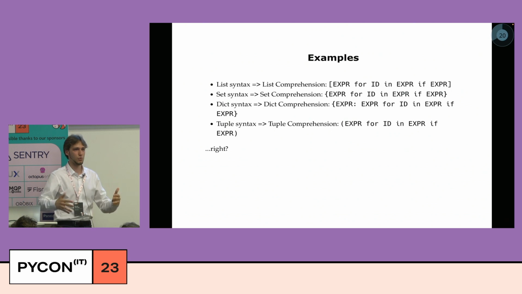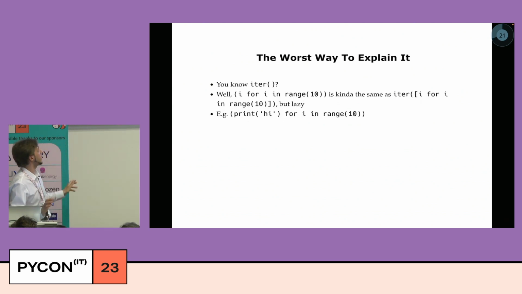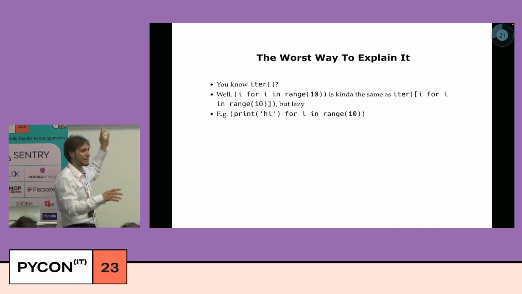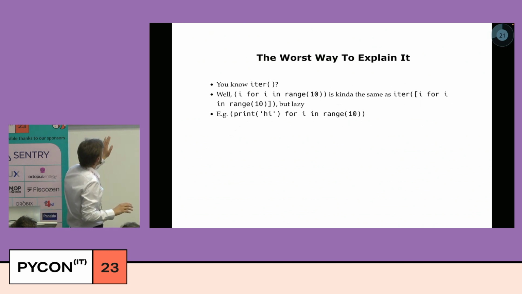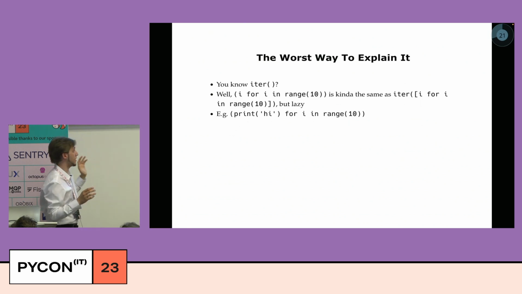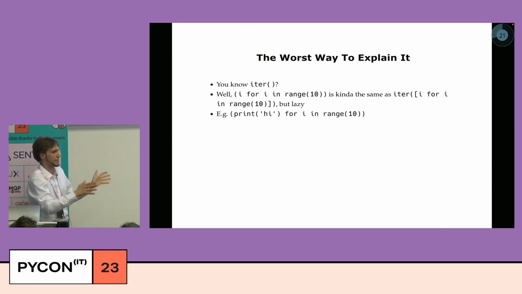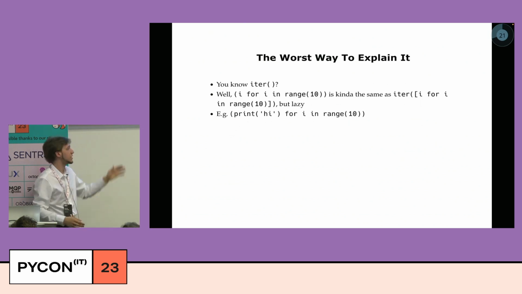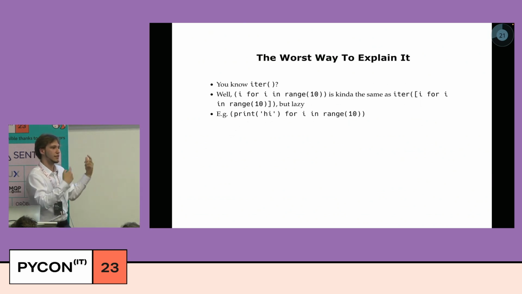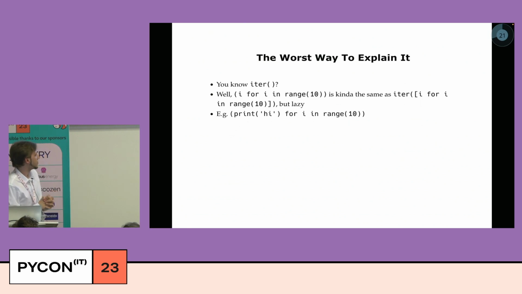It's actually a generator. And I'm not going to get into what that means, but as a rough way to explain it, a very bad one. If you know iter, then generator is basically doing just list comprehension and then just throwing iter at it. Slight differences, but we don't really care about them. The main point is that the generators are lazy. And what that means is that when you actually write that code, and you run it, even if you have prints inside of it, nothing is actually going to get executed until you actually start iterating on the generator, which means that in a list comprehension, that one last line would print hi 10 times. This one doesn't. It doesn't do anything until you start iterating on it,